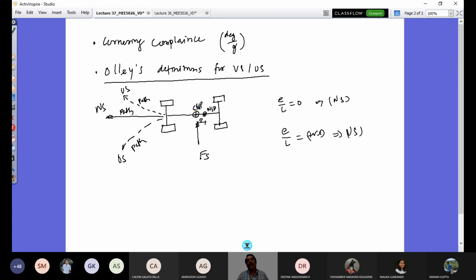So that would create a moment in this sense, in the top view. So that is the reason why you have your understeer path going away like this. If this is the straight motion and you have side force, the vehicle will turn away from the disturbance force. If it is another way, E by L value